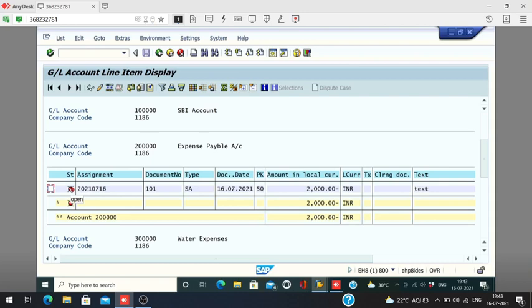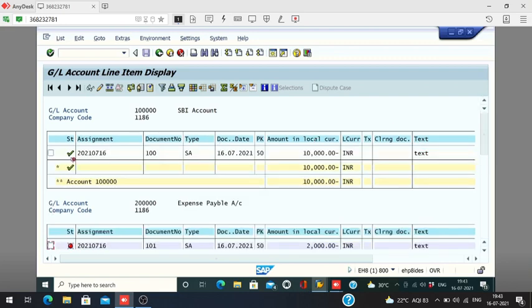Okay, understand what an open item is? Open item means at the month end you find that I have to pay this much amount. If that is red, that means this is an open item. We have to pay this. If it is green, it's already paid.